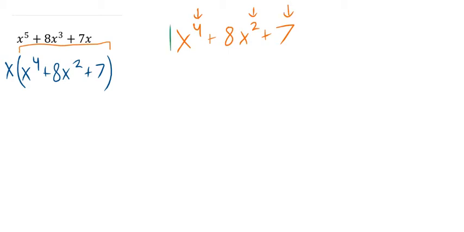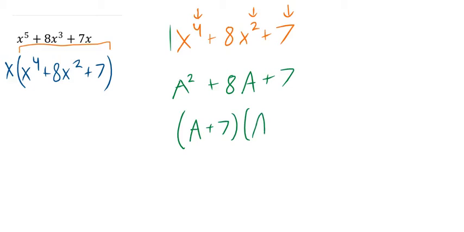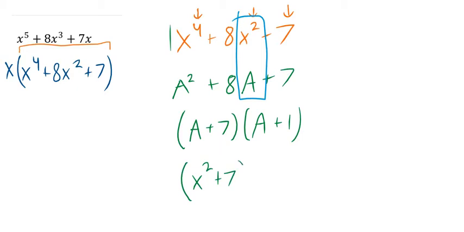This is 1x to the 4th, so I do 1a squared plus 8a plus 7. That makes a plus 7, a plus 1. It looks like x squared and a were the same thing. So I'm going to change this into x squared plus 7, x squared plus 1,